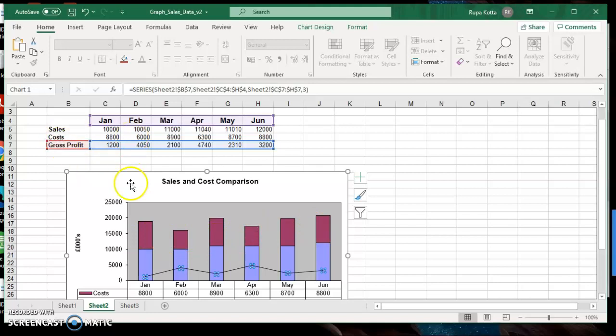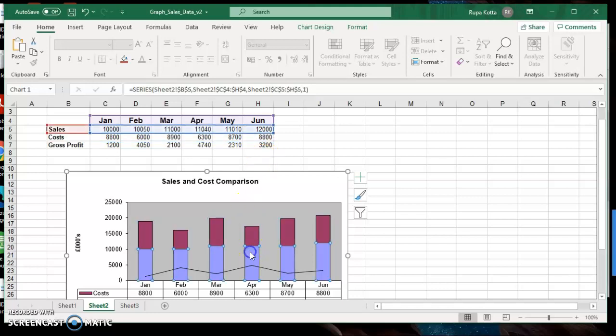Leave the data as it is. You just want to delete the cost from the chart. So the cost element is shown in the purple color. How do you know which one is which? Because when you selected that, you can see the costs are getting highlighted here. So you know that color of the chart is highlighting the cost.